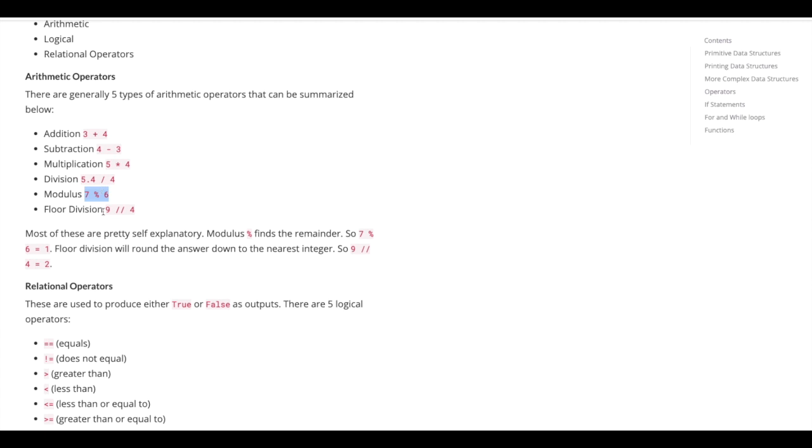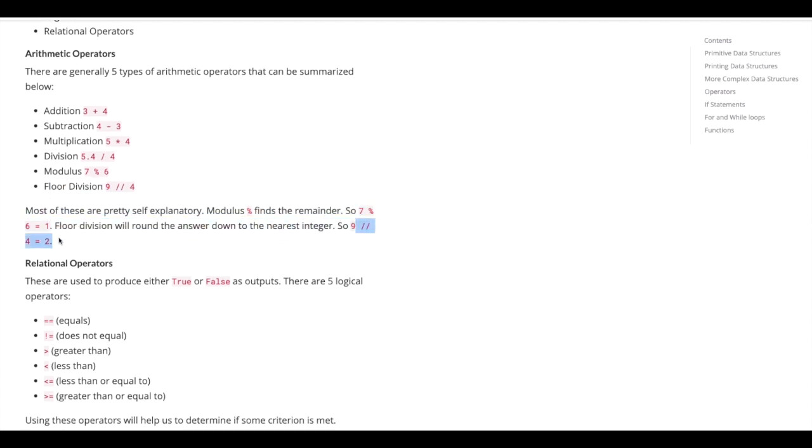And then you also have floor division. What floor division does is it rounds whatever your output is down to the nearest integer. You can think about floor as being the lowest, right? So here, for example, 9 floored by 4 would be equal to 2, right? Because in reality, 9 divided by 4 is, what is that, 2.5, right? And when you floor it, you round down, so it would